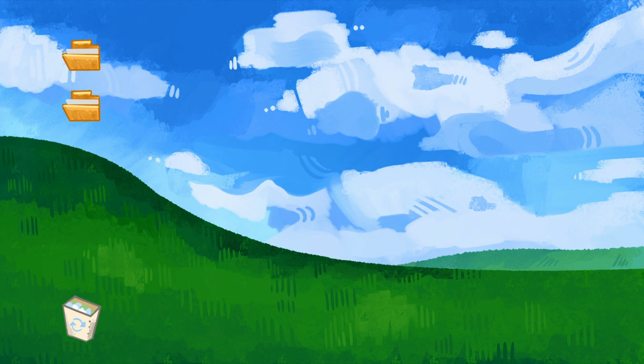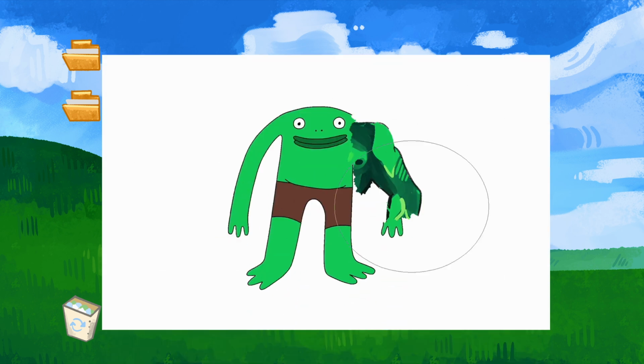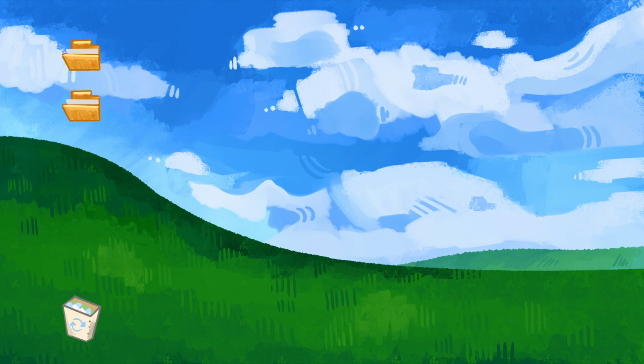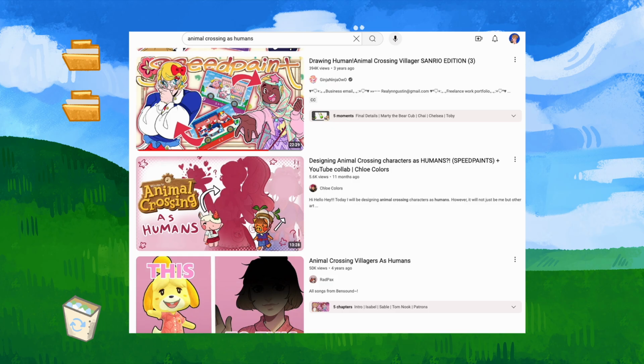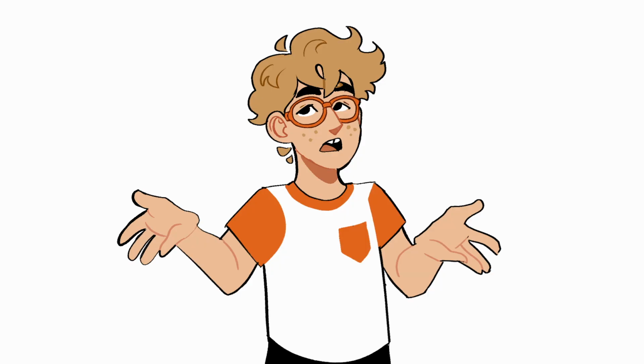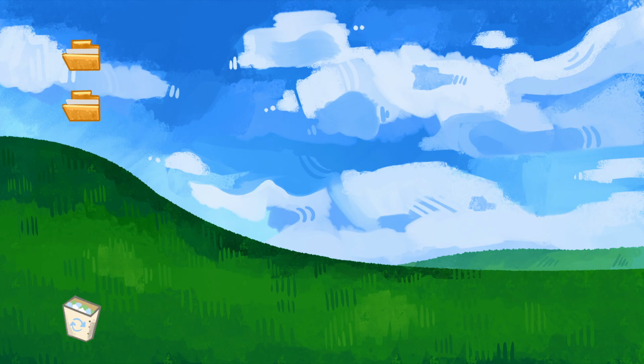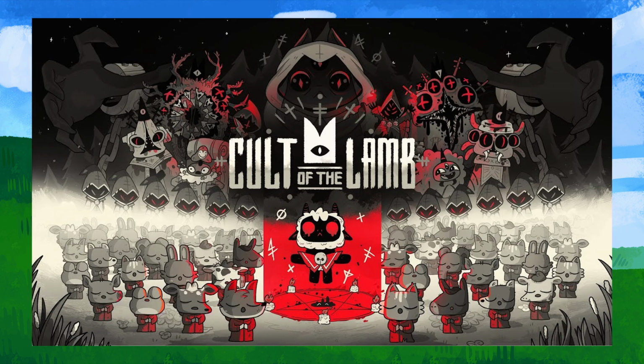I really enjoy drawing humanizations of fun, silly creatures, and I thought of doing some human versions of Animal Crossing characters. But let's be honest, that has been done many times already. So I wanted something a bit more unique, like Satanic Animal Crossing. That's right, I'm gonna be doing humanizations of the characters from Cult of the Lamb, specifically the main character and